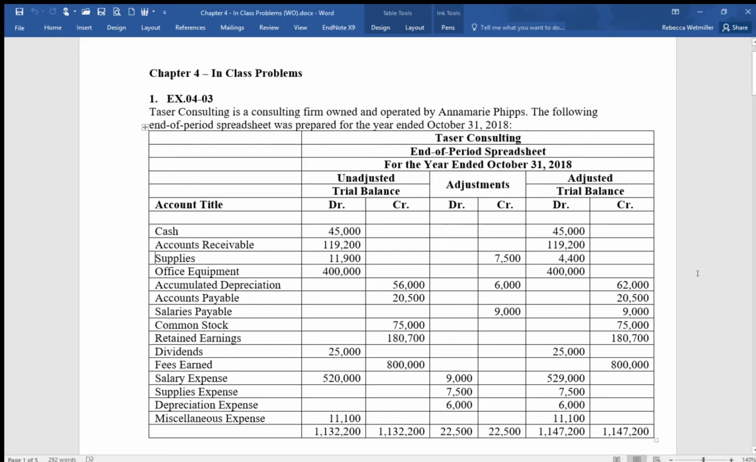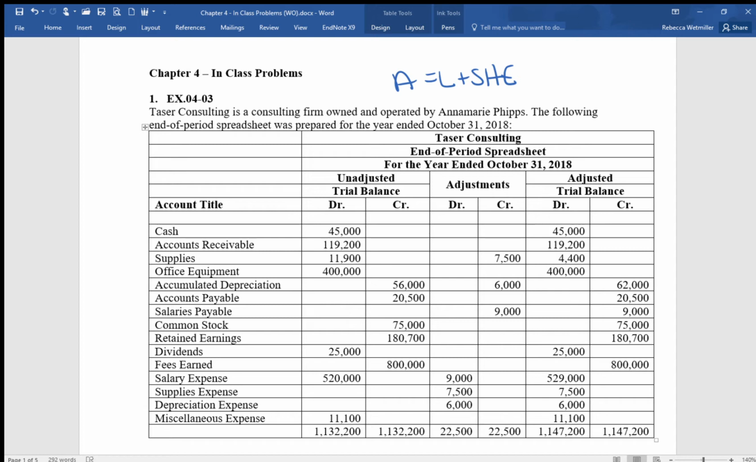Okay, so in previous chapters, we talked about how we record things within the accounting system, which is all based on the accounting equation of assets equals liabilities plus stockholders' equity. So first we record journal entries for each transaction that occurs. And from those transactions, we can create our unadjusted trial balance, which is a listing of all our accounts and